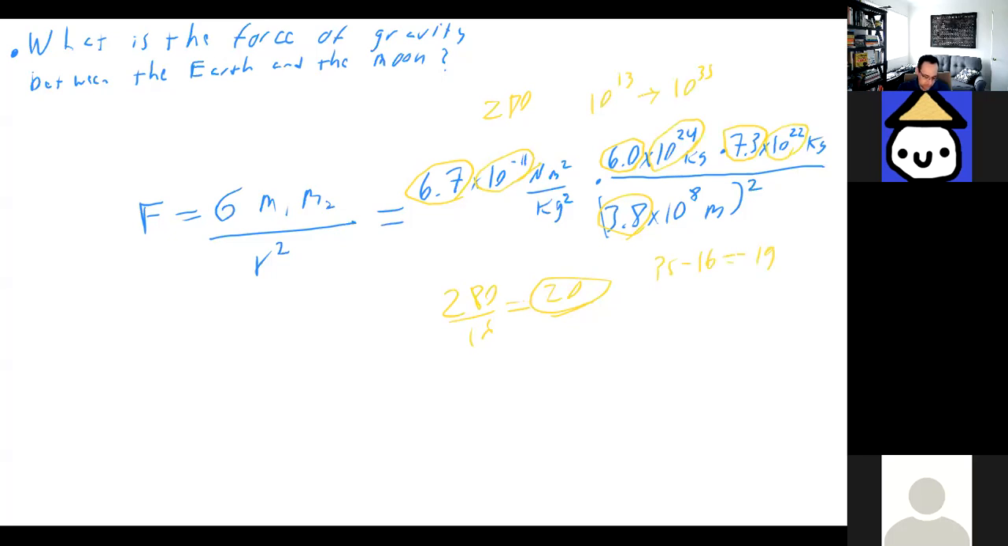Okay, so basically we're going to get 20 times 10 to the 19th. So we should have 2. I'm approximating this bad boy as 2.0 times 10 to the 20th newtons. Okay, let's Google and see what the actual force is. It turns out